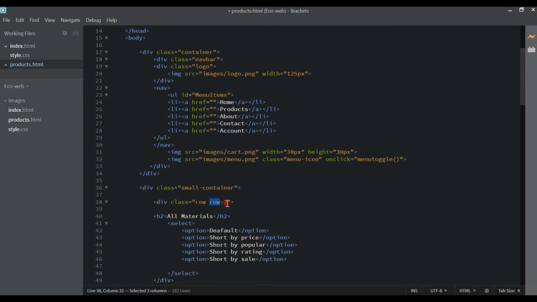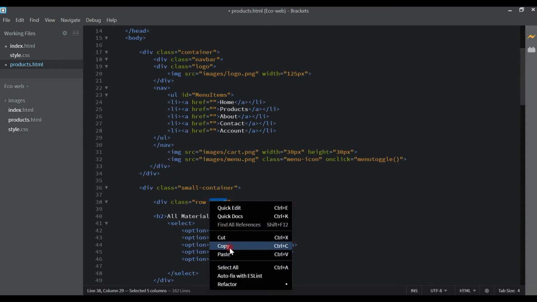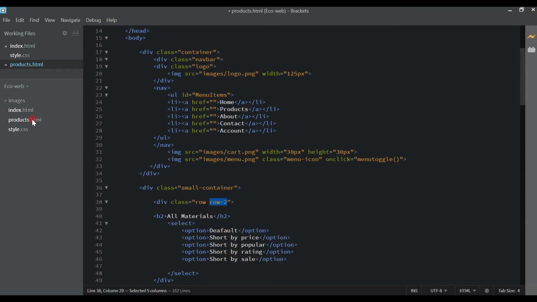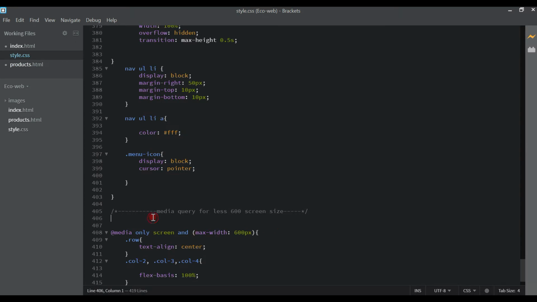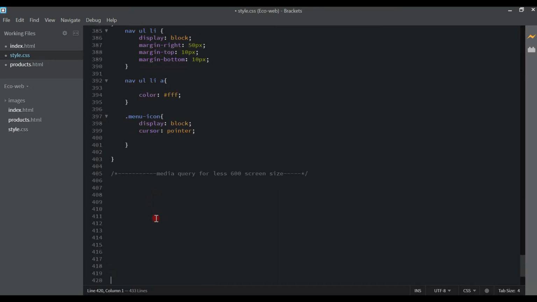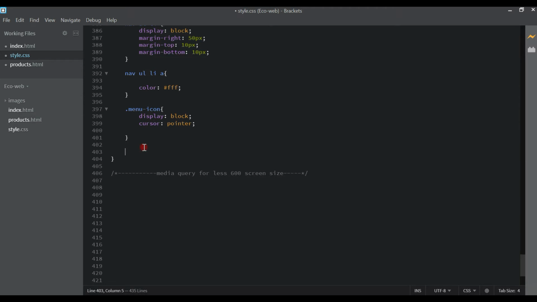Just copy this class name, come back to the CSS file, and just here before this media query, write one comment. All material page CSS. Now just paste this